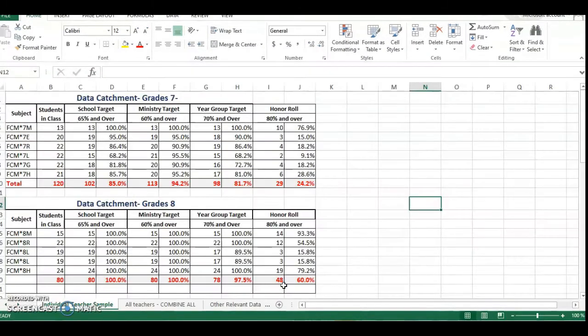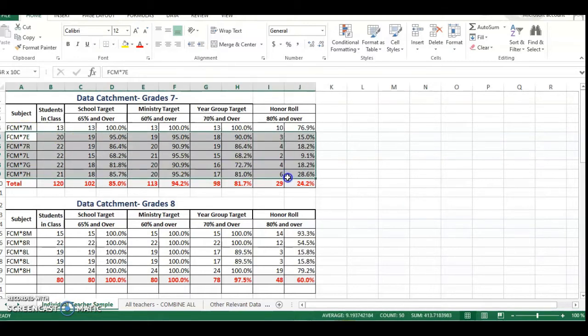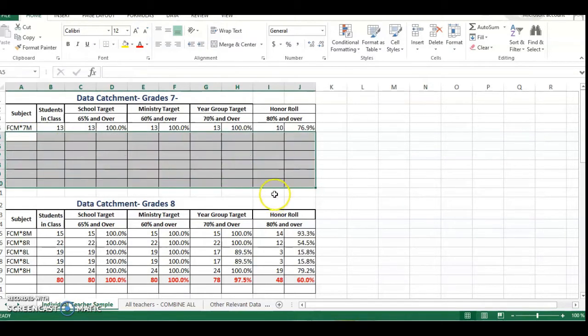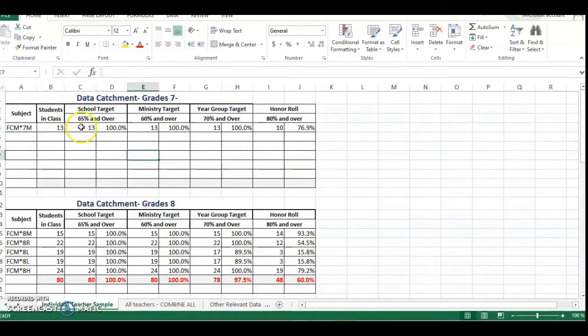Oh, before I go any further, there's a catchment form that I've created, and I'm going to show you in another video how to do the formatting. But in this case, I'm just going to erase all of these because I did an Excel before and it has all that information. So this cell is automatically formatted. So let me take out the figures. Say for instance, I teach FCM, that's Family and Consumer Management, and I teach from grade 7, say 7, say M2,